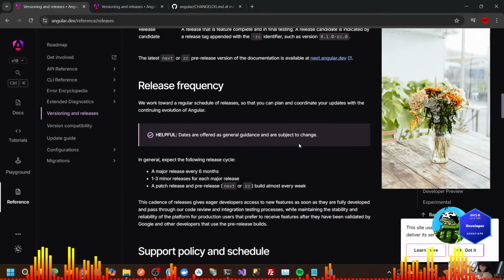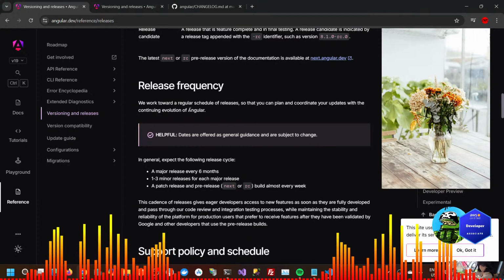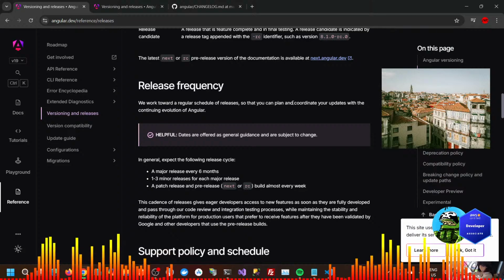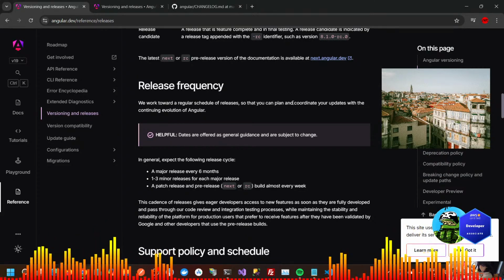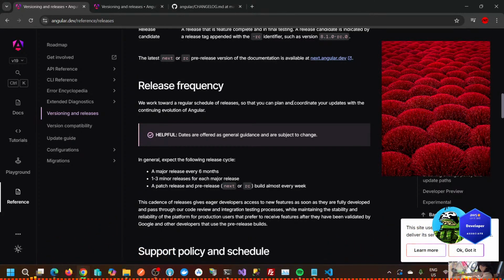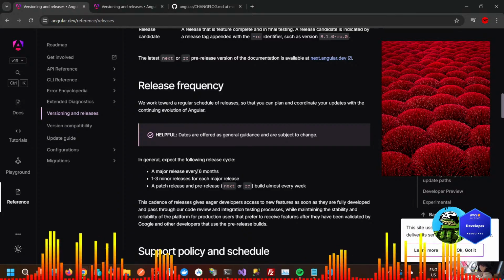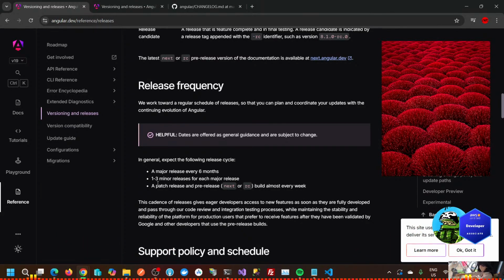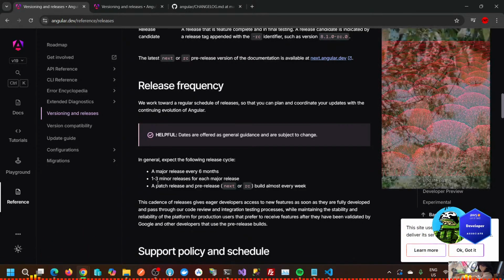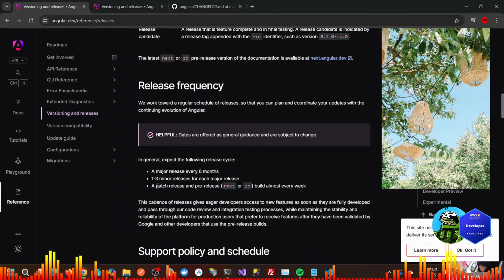Release frequency. We work toward a regular schedule of releases so that you can plan and coordinate updates with the continuing evolution of Angular. In general, expect the following release cycle: a major release every 6 months, 1 to 3 minor releases for each major release. Okay, so a patch release and pre-release, next or RC,